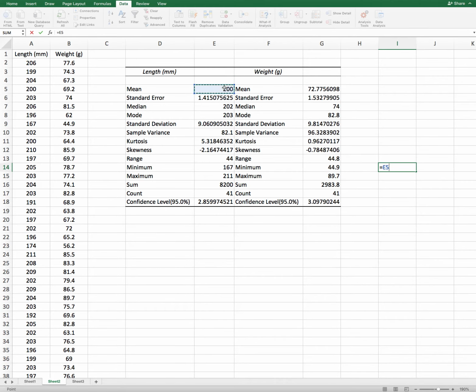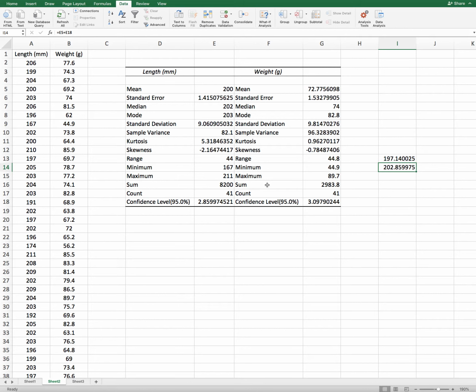So your mean plus this confidence level is your upper bound, and the lower bound is the mean minus the confidence level. So yes, 197 to 202. If you take any sample from the population, 95 times out of 100, you can be 95% sure that the mean of any sample you take from this population will vary within this range. This is the upper bound and this is the lower bound. So that is the confidence level at 95%.